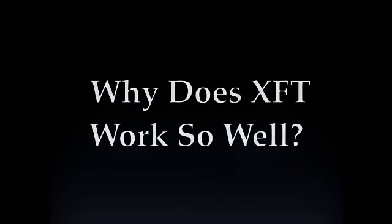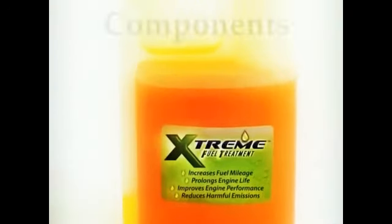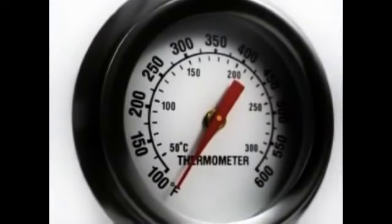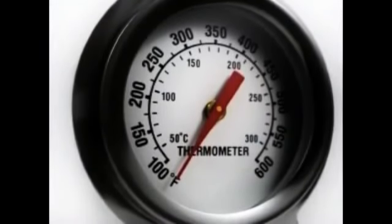Here's how it works. XFT has several components that all work together to bring you these amazing benefits. Let's quickly break them down. A very prominent component in XFT is a unique organometallic burn rate modifier. This works to lower the ignition point of the fuel by several hundred degrees. That's important because it causes the fuel to start burning sooner and provides a more complete, longer, and better burn